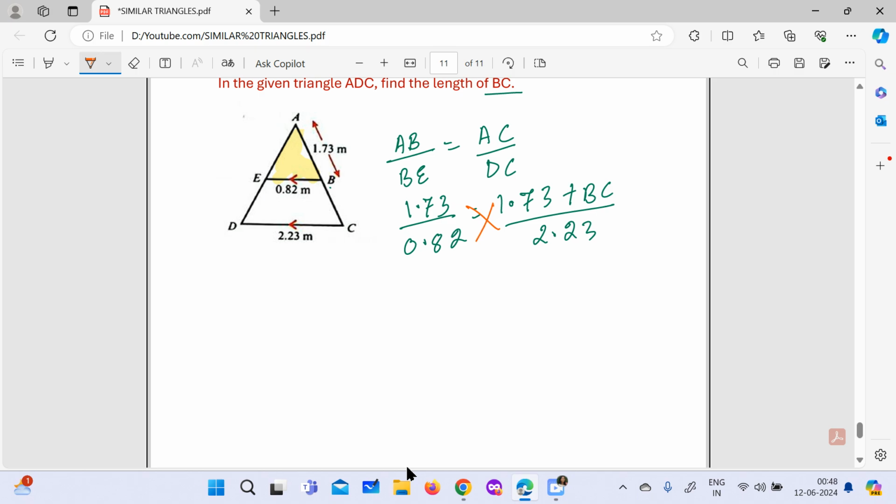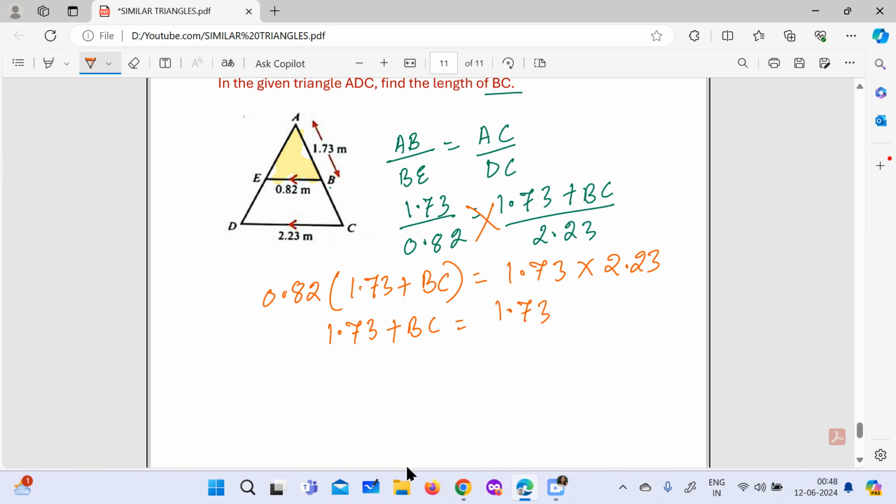Now we will do cross multiplication, and then you get 0.82 times 1.73 plus BC. Don't forget to put the bracket, otherwise it will be a blunder. So 1.73 times 2.23, and now 1.73 plus BC equals 1.73 times 2.23 over 0.82. So you will get here 1.73 plus BC